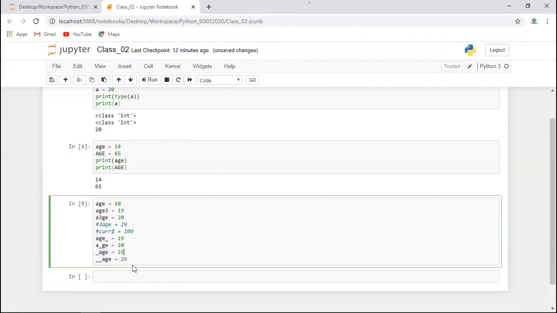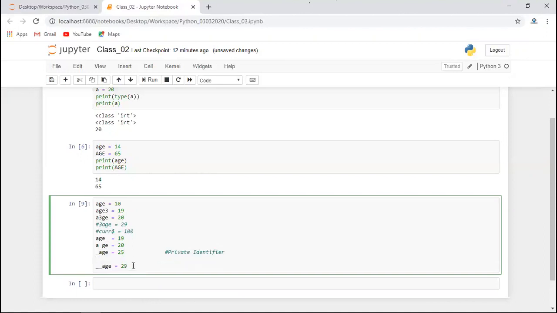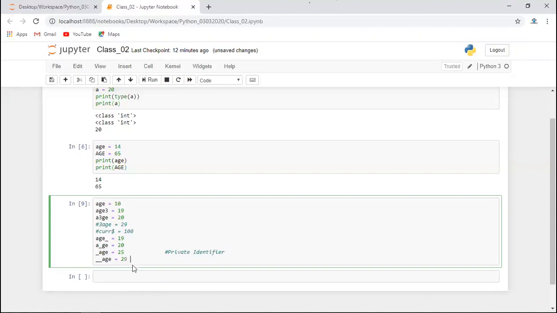If any identifier starts with a single underscore, then it is called a private identifier. Just for knowledge purposes, as of now you can keep in mind that it is a private identifier, and if it starts with a double underscore, then it is a strongly private identifier.